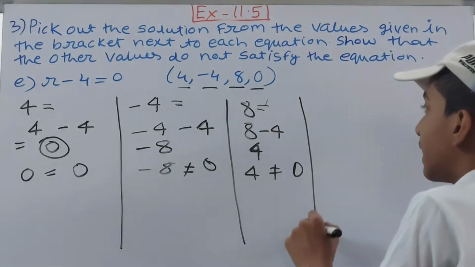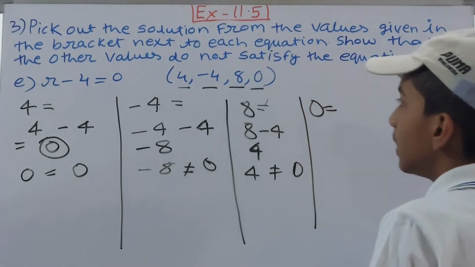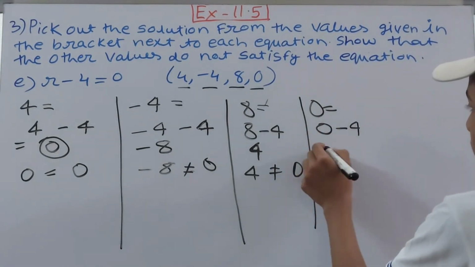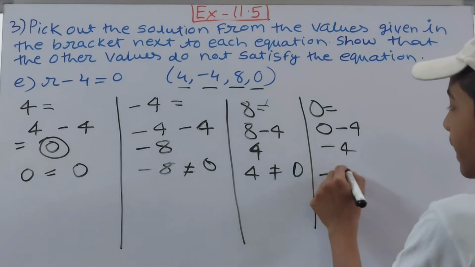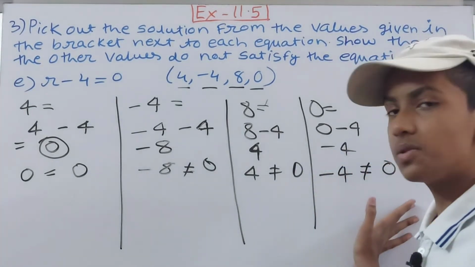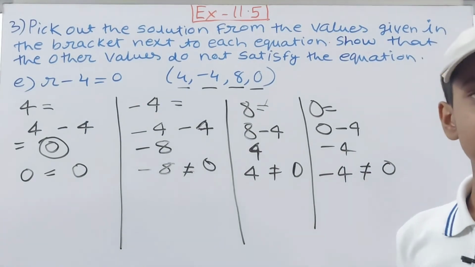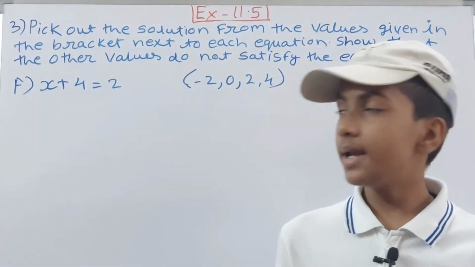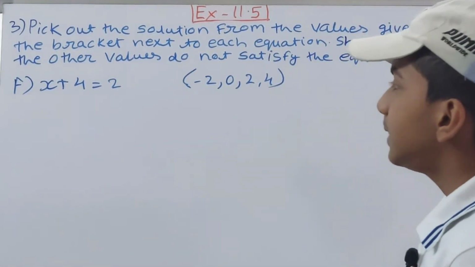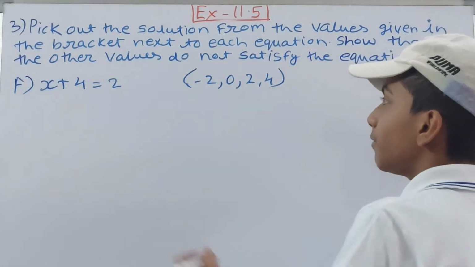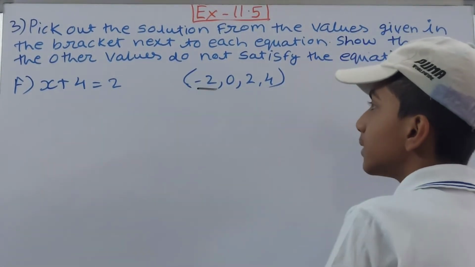Then in last we have 0. For 0 you will do 0 minus 4 and that will be minus 4, right? Minus 4 is again not equal to 0. So the equation is not satisfied by this also. So let's move on to the next part. Now next part is the F part, that is x plus 4 is equal to 2. So you see if x is minus 2, first one is minus 2, so you will do